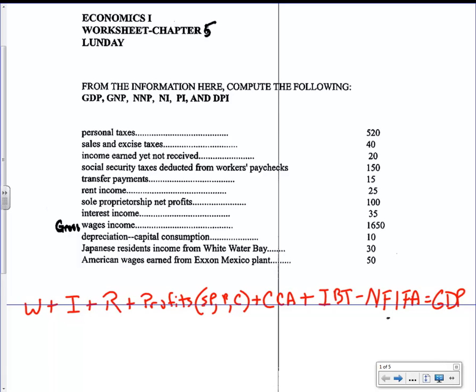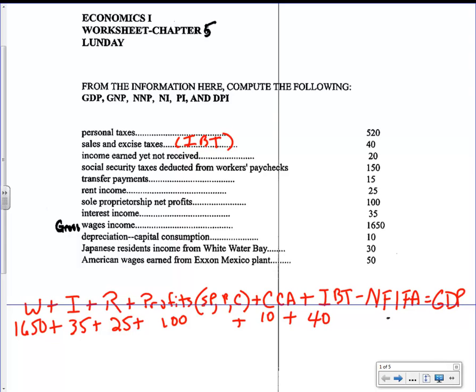So looking at the top, wages are given to you at $16.50. Interest is given to you at $35. Rents are given to you at $25. Profits are given to you at $100. Sole proprietorship profits. Capital consumption allowance is $10. Indirect business taxes are the same thing as sales taxes, same thing as indirect business taxes, IBT,